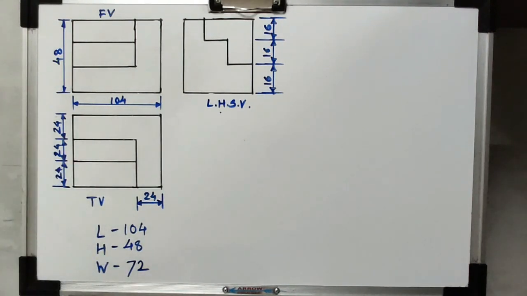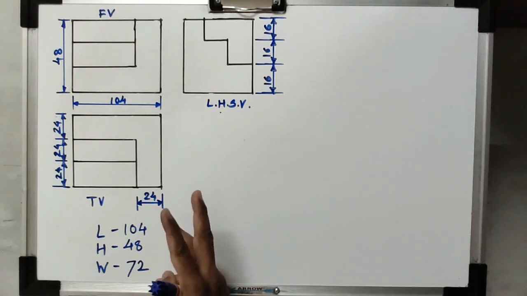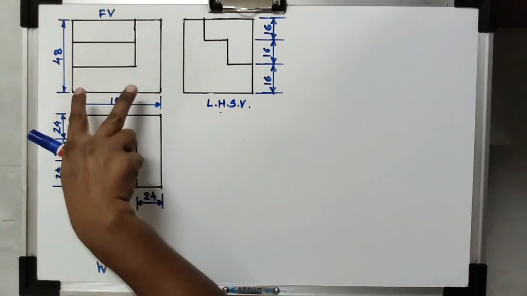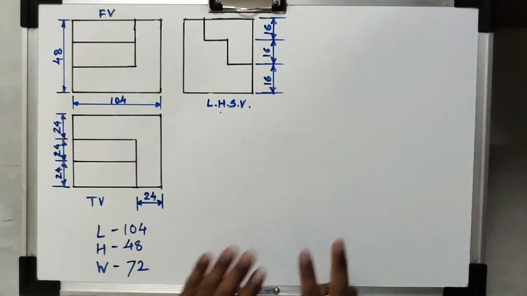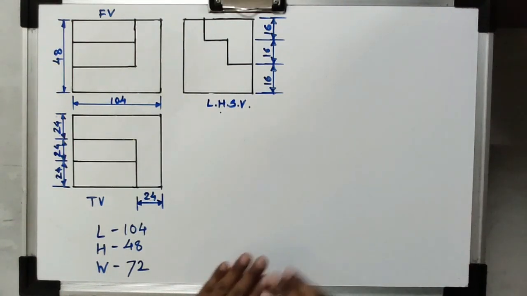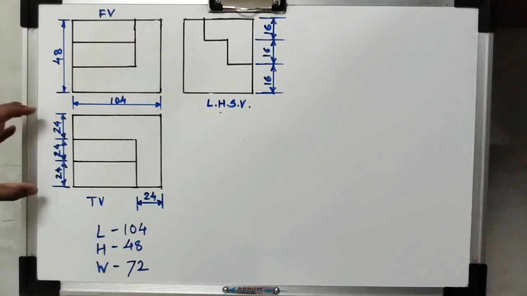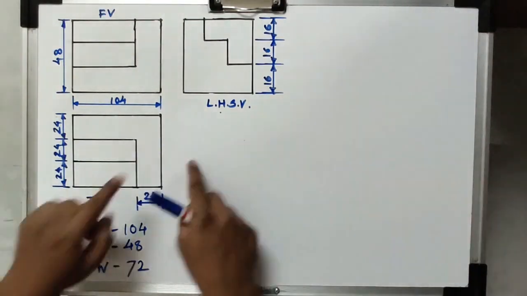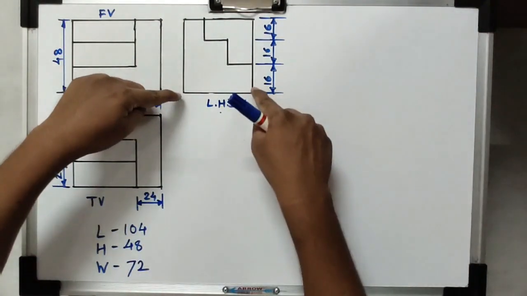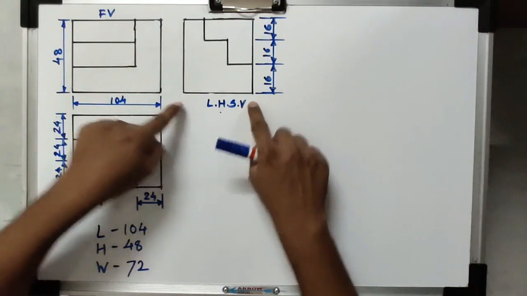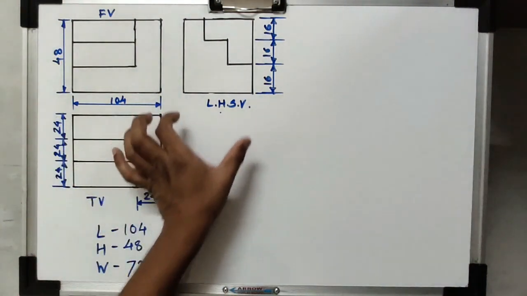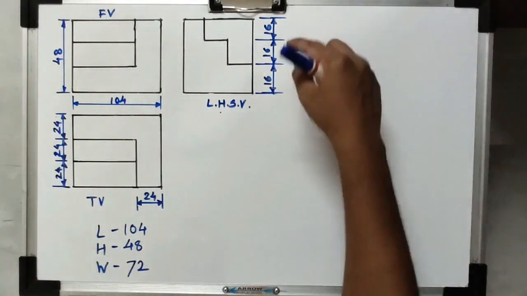Now what is the purpose of this left hand side view in this numerical? We have to identify the position of the front view and the position of the left hand side view in the isometric view, which we will see later. The point I would like to mention is that the width, 72 mm, when we take the projections as per the isometric projection method, will match. This is the total width in the left hand side view, 72 mm, so when we take the projections it will be 72 mm.